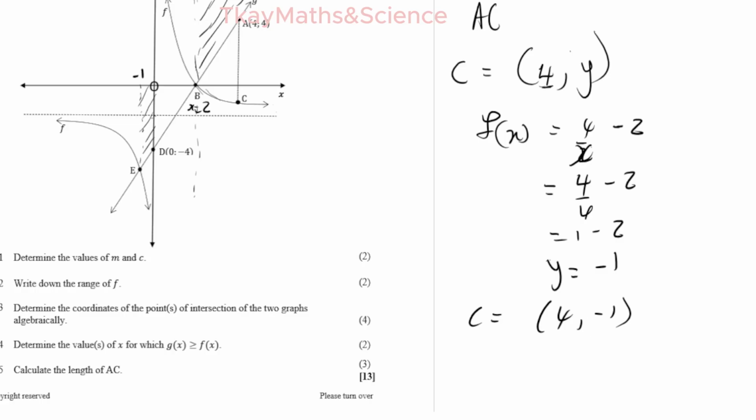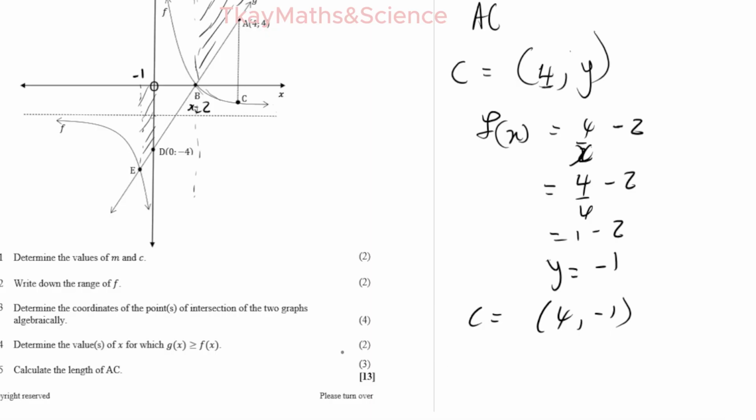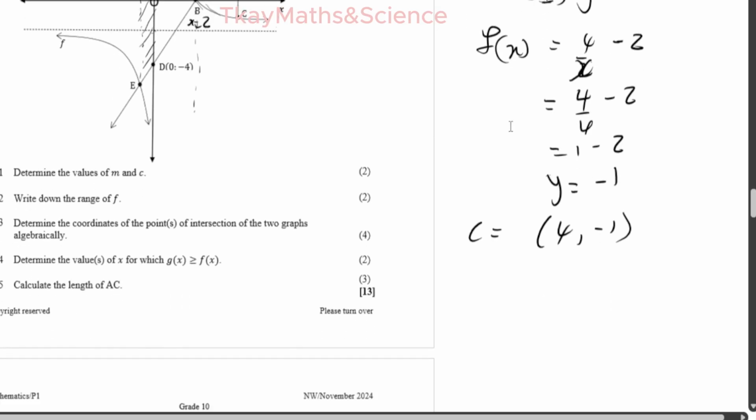Now we're going to calculate the difference, because there's no change in the x values, we just find the difference between these 2 points, which is 4 here and minus 1. So our length